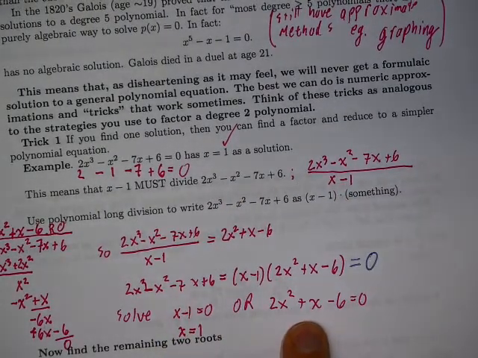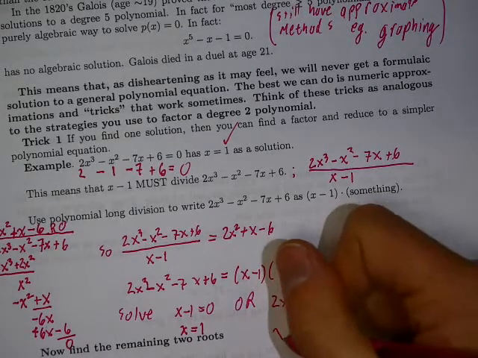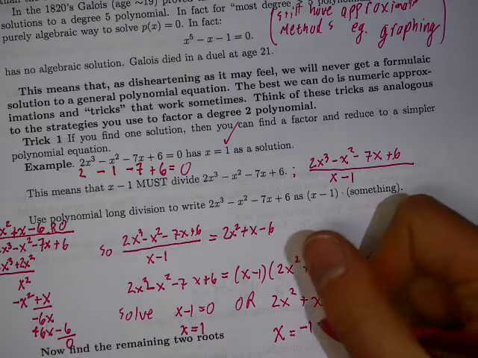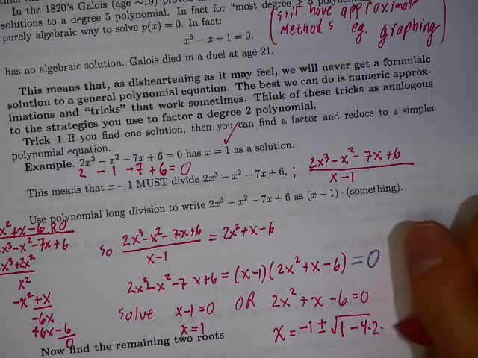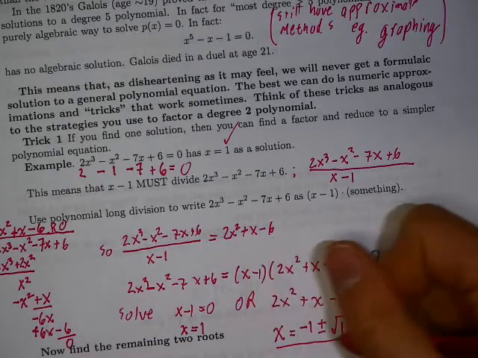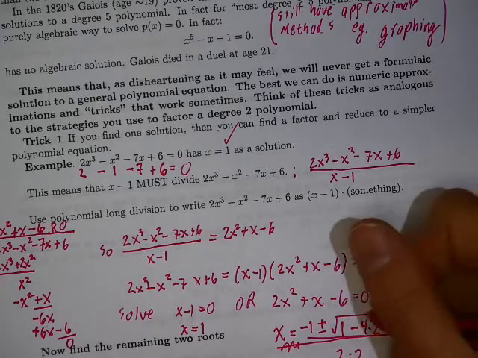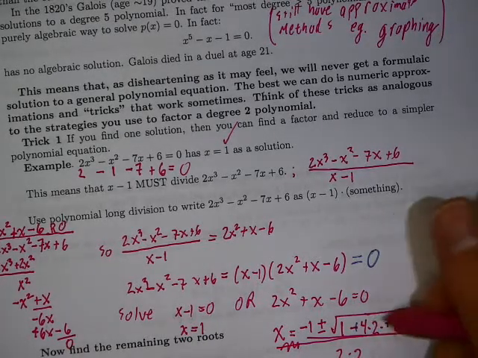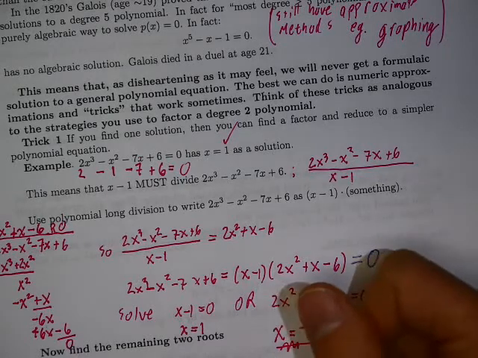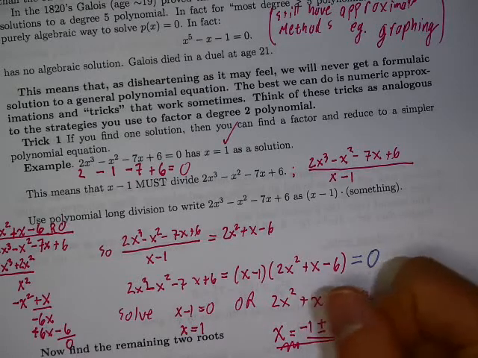Are the solutions to that easy to find? Use the quadratic formula. Yeah, let's do it. So the solutions to that will then be x equal to negative b plus or minus the square root of b squared minus 4 times a times c, all over 2a. Negatives cancel. So if I can do arithmetic well in my head, that's 1 plus or minus root 49 over 4.